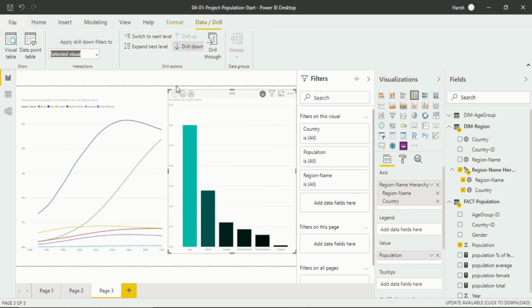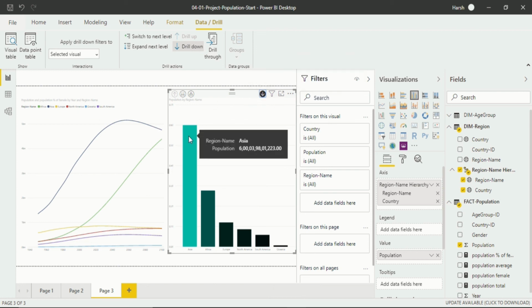Again, if I want to drill down, I can do that from here. That is the feature I put on or off, because this feature is only used when I want to explore within this specific bar. So if I click on the data drill down, turn the drill down mode on,